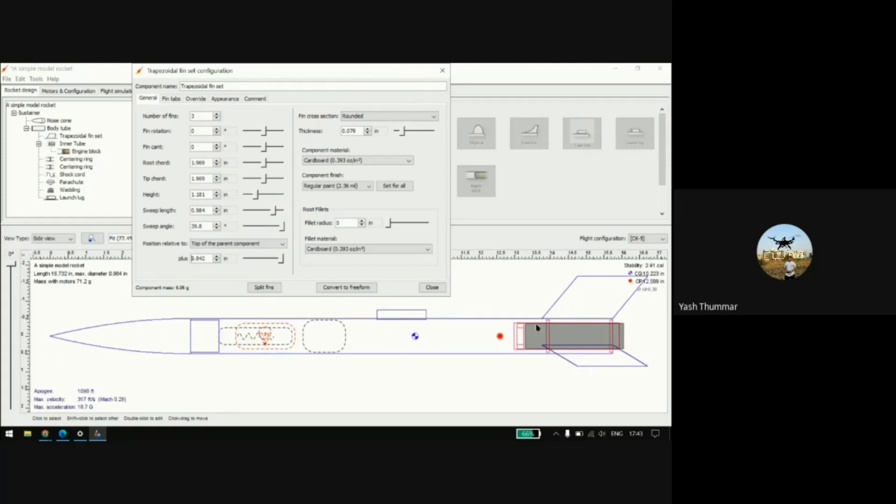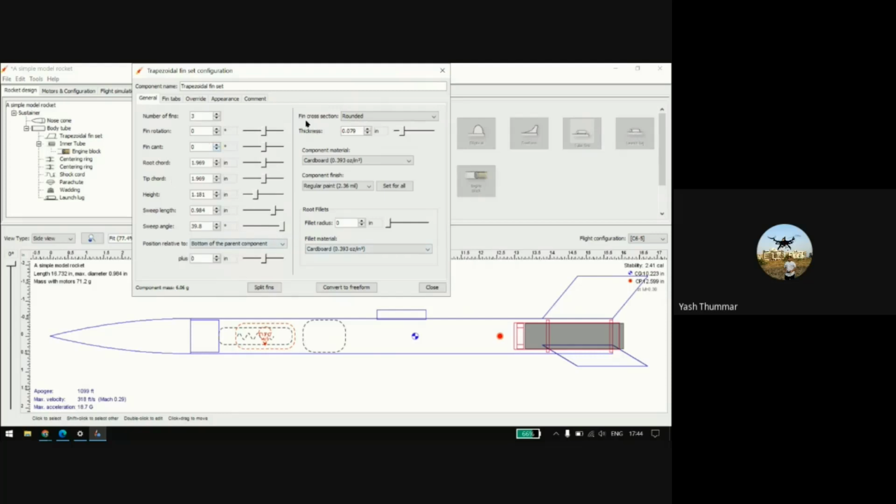Okay, same position. So this completely depends on how you want to take it relative to the middle, the bottom, or the tip of this nose cone. From here you can also set the distance from which we have to put these fins. Okay, so for now take zero from the bottom.